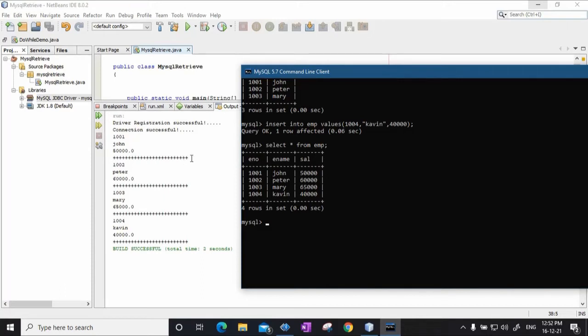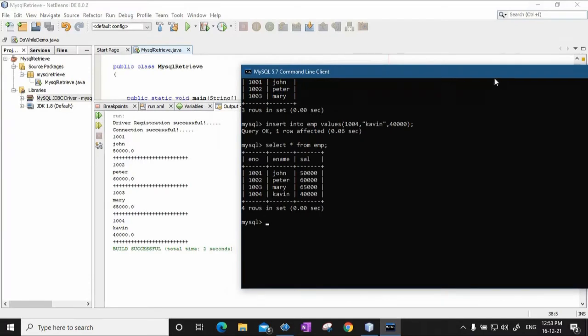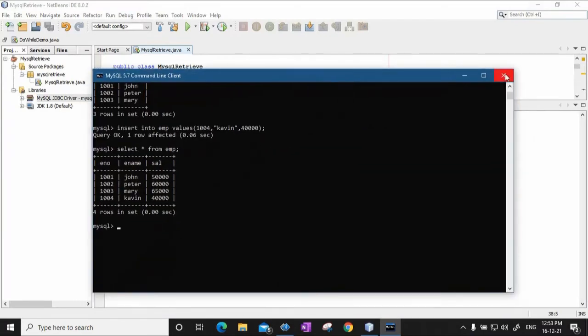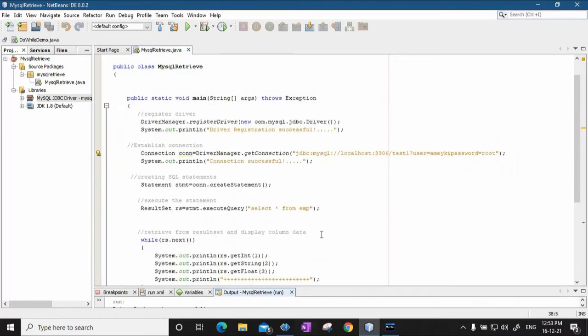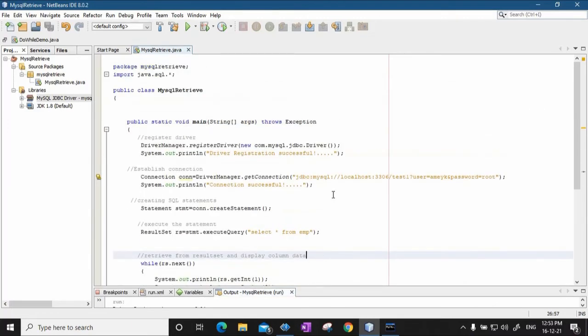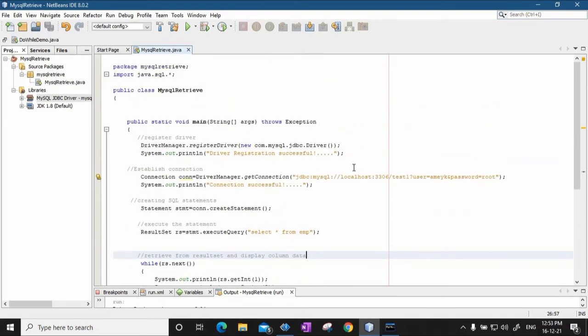Then this is the partition which shows that next it will be the second tuple, 1002 Peter, 60,000 is the salary. Then again partition, then 1003 Mary, this salary value, and so on. So this is how a simple database connection can be established, and this is how the MySQL data can be retrieved by JDBC and printed through the Java program.